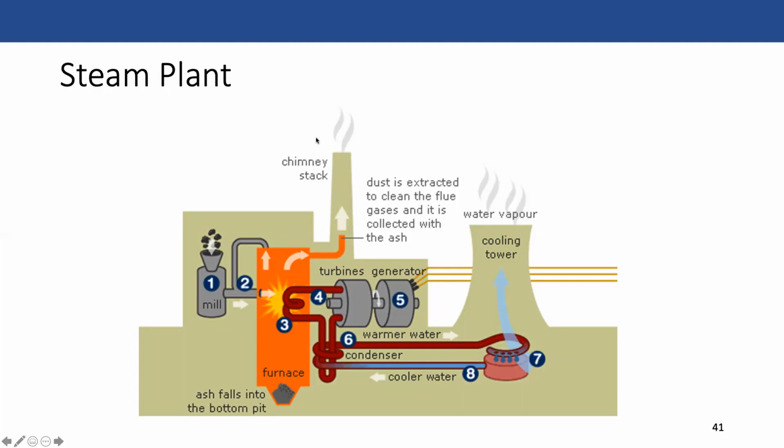There are two sort of chimneys when you go to a coal plant. One of them is this longer, much higher chimney stack, and one of them is a cooling tower. And the stuff coming out of the lower one is just water vapor, no big deal. There might be some impurities in the water vapor associated with what was flowing in, but for the most part, it's just water.